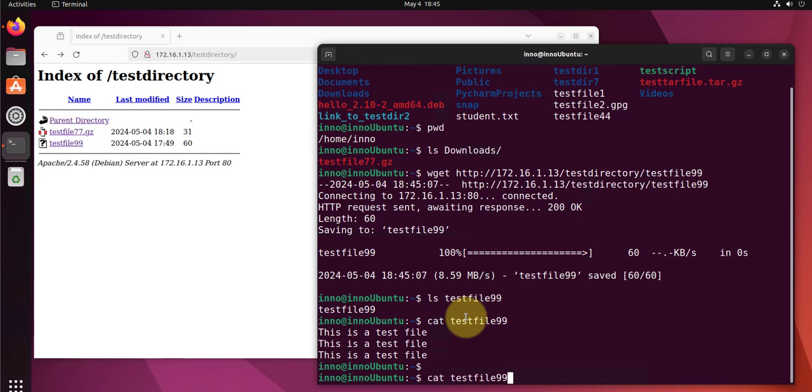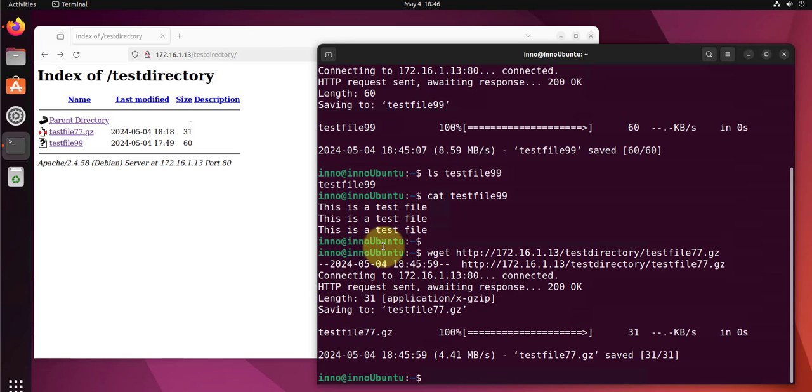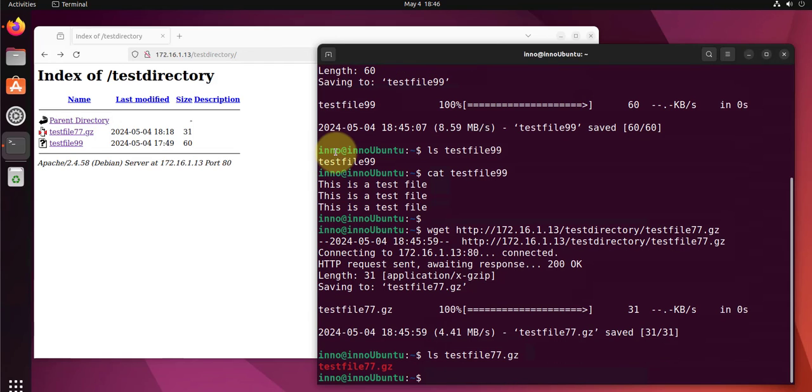And I can do the same thing. Let's rerun the command, and this time let's change this to test file 77 and get the zip file. Same thing, we got the file, 77.gz, and we have the file. So those are the two ways you can get the file. And like I said, depending on what file type, you might need to compress the file first before you can get it. Just to confirm that,